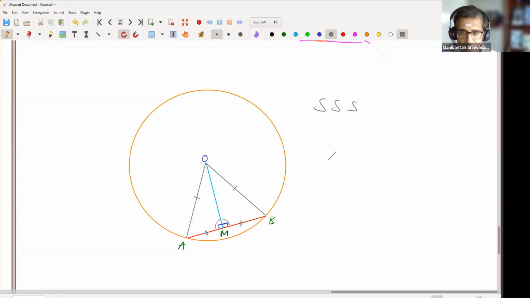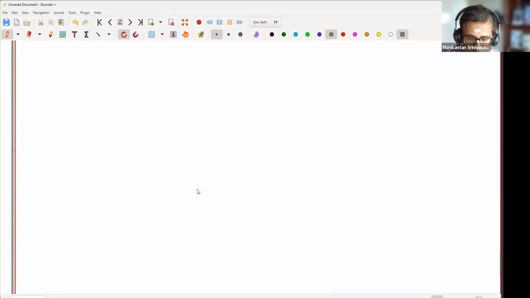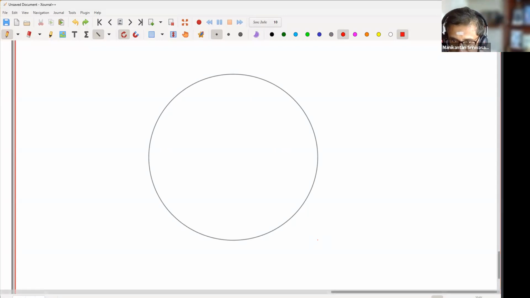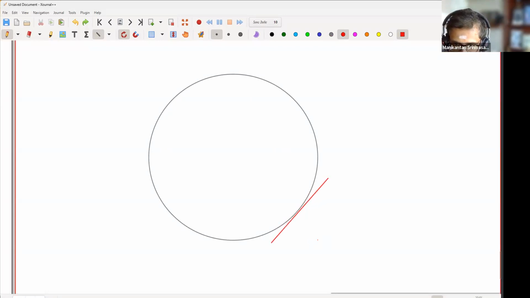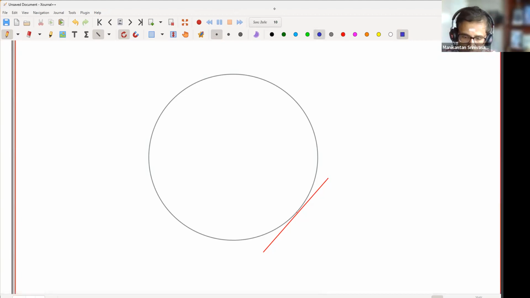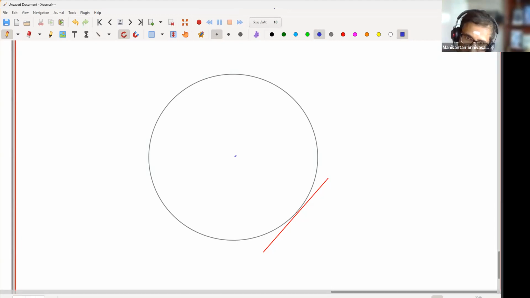Now one other interesting property is this. If I have a circle, and you all know this much, that if I have a tangent, a line which just grazes the circle at a point, touching the circle and going on. If this is the center of the circle, and I connect the center to the point of tangency,